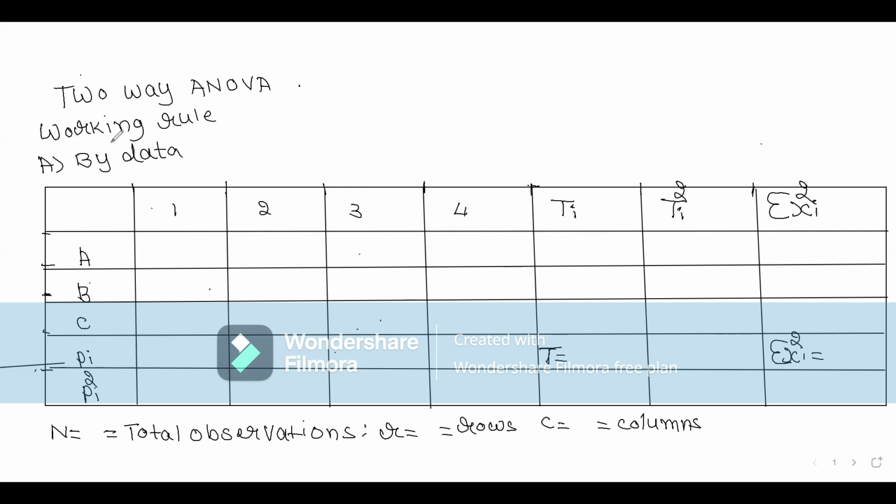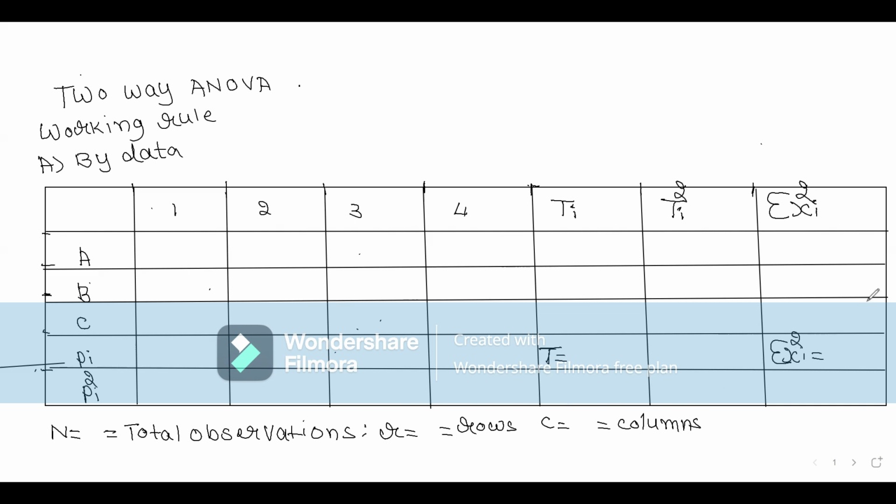First, I will give the working rule for doing the two-way ANOVA problems. If you read the question, you get the data from the given question. You have to analyze that data and write it like this. First step, by the data, you make this